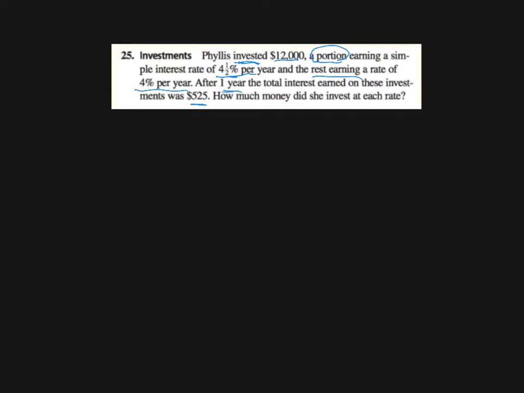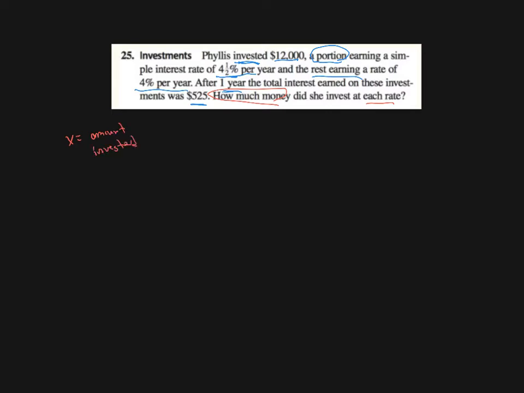I guess my first question was, why would anybody not put all of the money at 4.5%? But that's neither here nor there. So how much money did she invest at each rate? So X is going to be the amount